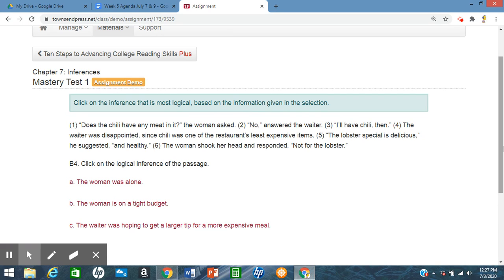And we have that because, again, he was disappointed that the chili was the least expensive item. So that right there tells us, okay, he was looking for something a little bit more expensive, since tips go hand in hand with the price of the bill. So it's going to be